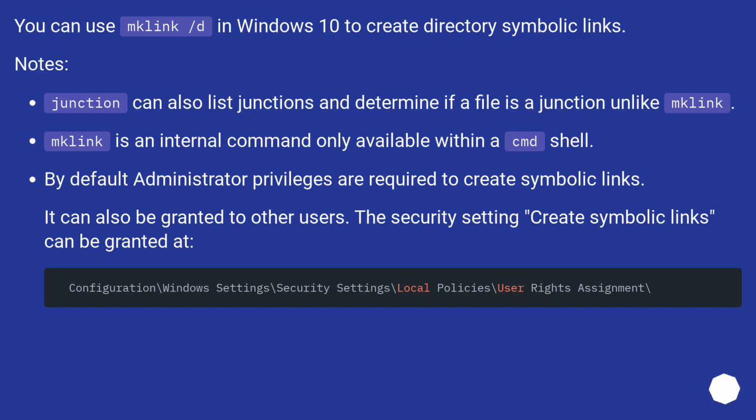Notes: Junction can also list junctions and determine if a file is a junction, unlike mklink. Mklink is an internal command only available within a CMD shell. By default, administrator privileges are required to create symbolic links. It can also be granted to other users. The security setting Create Symbolic Links can be granted at